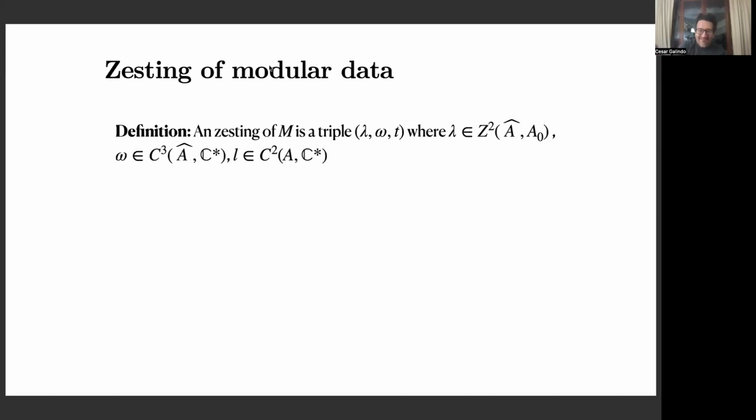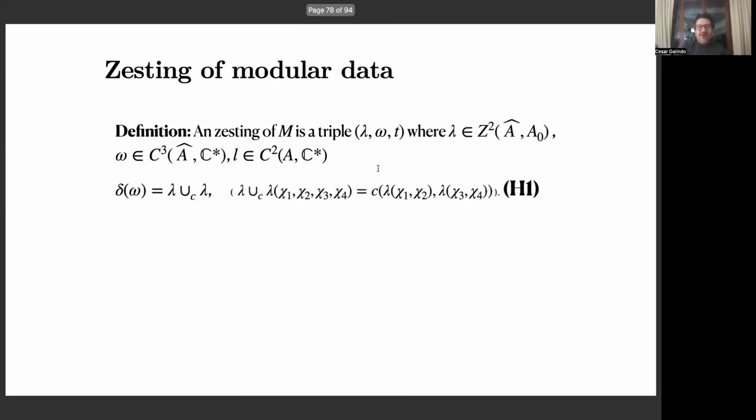And now, what is Zesting finally? Yes, because I have said many things, but I haven't said that. In this particular setting, Zesting is something quite simple. You need to have an ordinary 2-cocycle, because this is an abelian group, and this is again an abelian group, so you can consider it just an ordinary 2-cocycle. You need a 3-cochain, and by a 3-cochain I just mean a function that takes 3 values of this abelian group and assigns a complex number, and also a 2-cochain, so it's a function that to two elements of this group associates